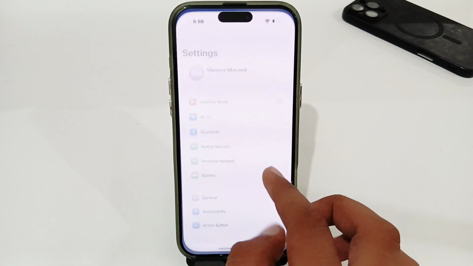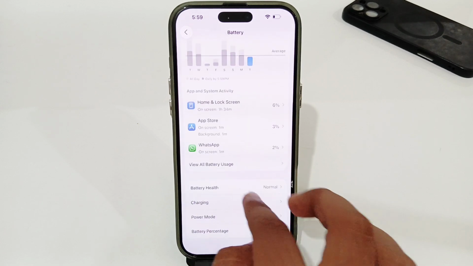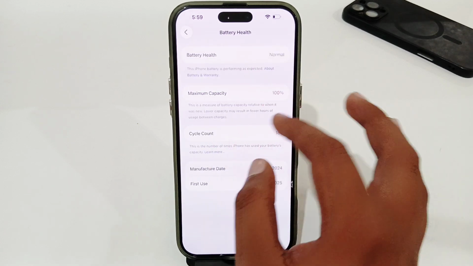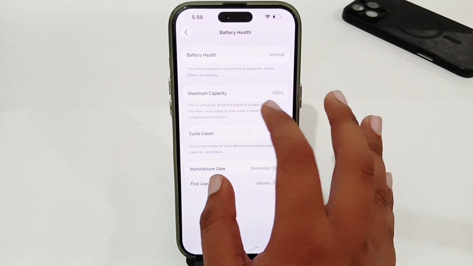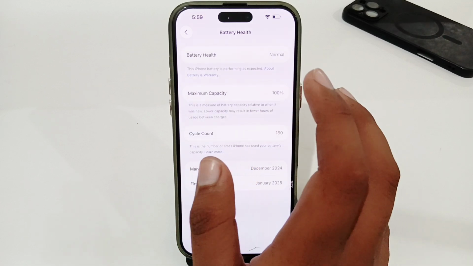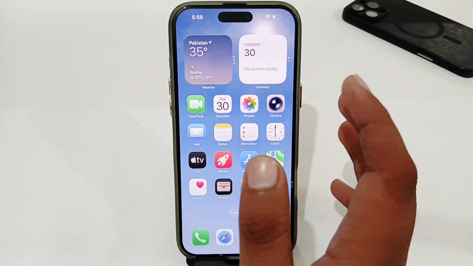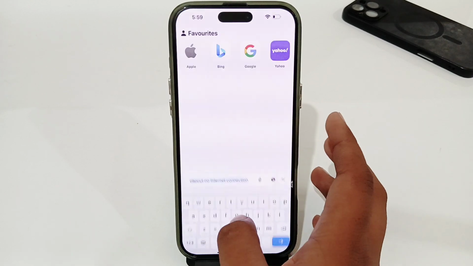You have to open up your settings, then go for battery, and here you will get the option of battery health. Simply tap on it, and here you will get the maximum capacity, and here you can see that it is not your original maximum capacity or battery health. If you want to check the originals, you just have to go back, open up your browser, and here you have to search for